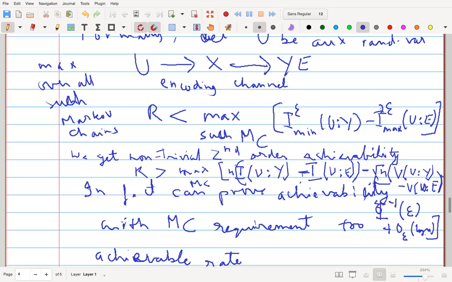For small epsilon, phi inverse epsilon is negative. There's a minus here, but don't be misled. Since phi inverse epsilon is negative, this says that we can actually achieve something slightly more than what one would naively get from the IID theory. The IID theory will tell you that you can get n times the difference of two mutual informations, but the one-shot theory tells you that you can get a little bit more, plus square root n times the difference of the two information variances, from U to Y minus U to E.